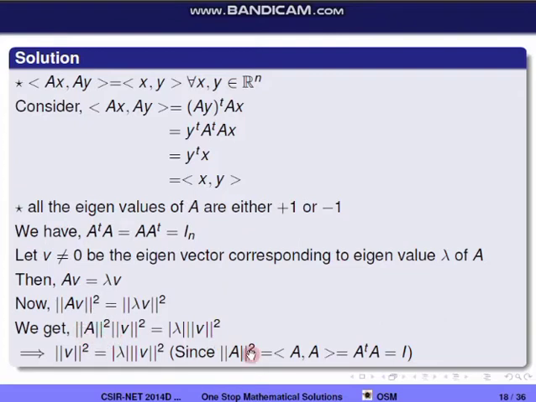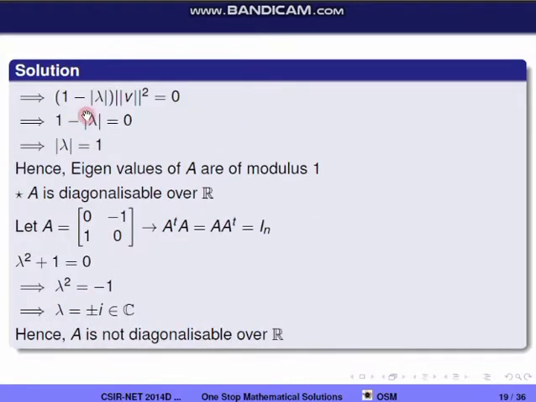If we consider norm A square, by the definition of norm, this is equal to inner product of A comma A, and this is equal to A transpose A by concept 1, and we are given A to be orthogonal, so A transpose A is equal to I. So we got norm A square equal to I. So I into norm v square is equal to norm v square. So this implies norm v square is equal to modulus lambda into norm v square. Taking this term to this side, we will get norm v square minus modulus lambda into norm v square. Taking norm v square common, we will get 1 minus modulus lambda into norm v square equal to 0.